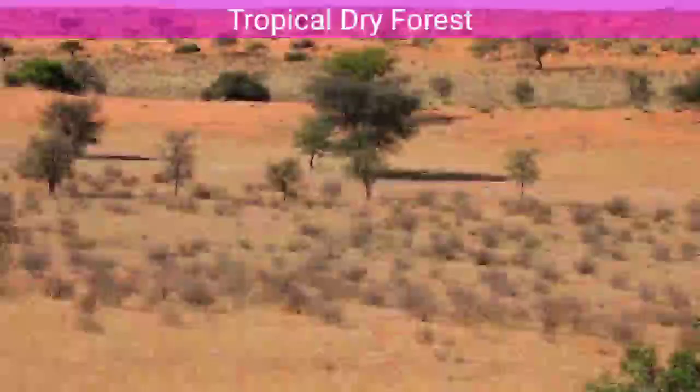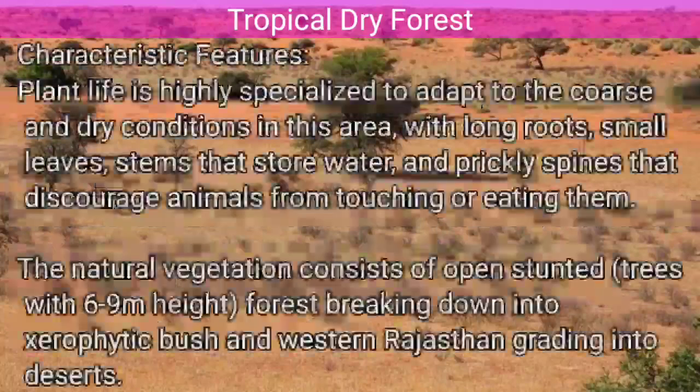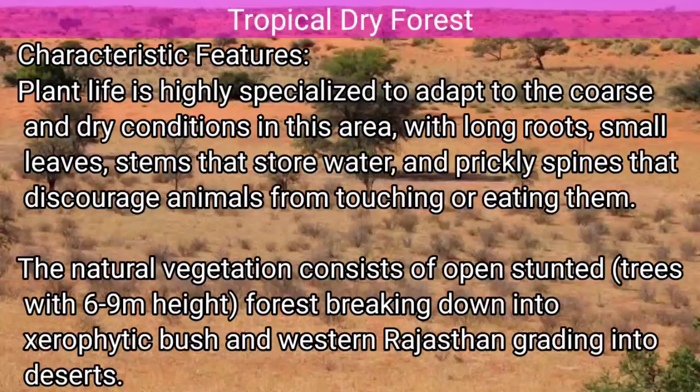Now we move on to the tropical dry forest. The climatic conditions: very high temperature and rainfall less than 50 to 70 centimeters. Areas: western Haryana, Madhya Pradesh, western Uttar Pradesh, some parts of Saurashtra, Rajasthan, as well as the leeward side of the Sahyadri hills. These are found in those areas. Now the characteristic features: